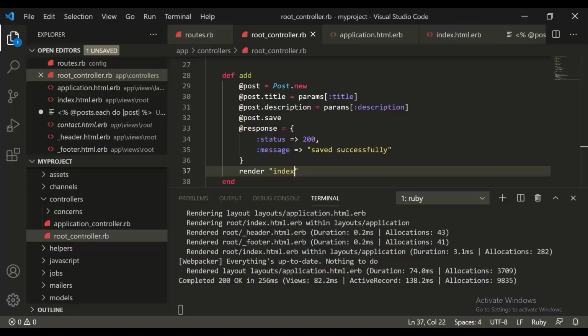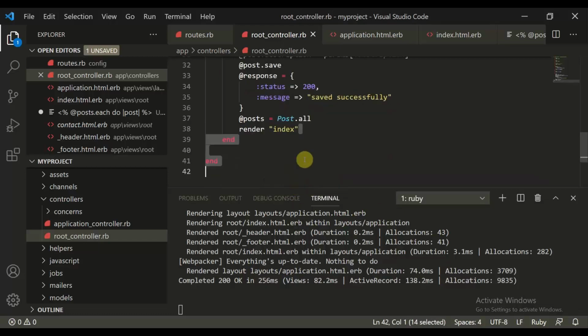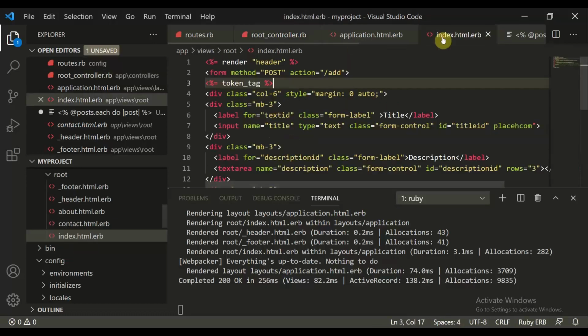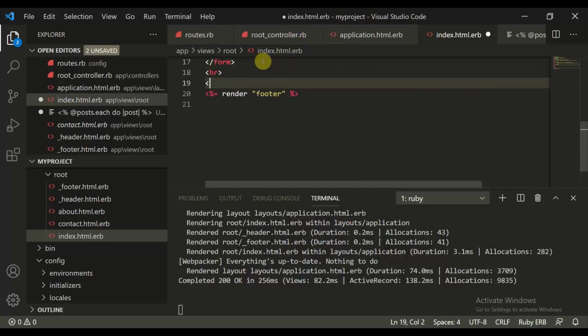But instead of doing this, we could do something like this: @posts is equal to Post.all. Let's create our logic. So we have rendered all posts in the index page, so this would automatically be rendered in the index page. Now we can access this inside a page. Let's give an hr tag, and let's give a